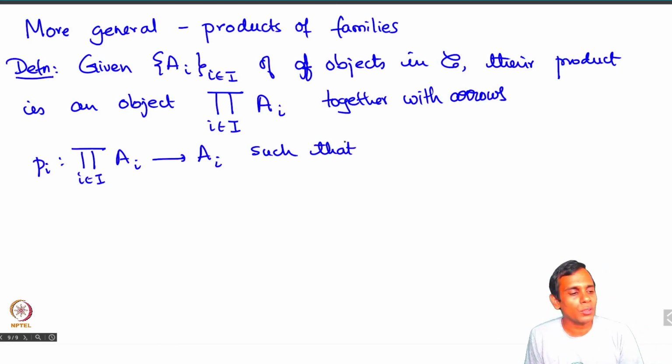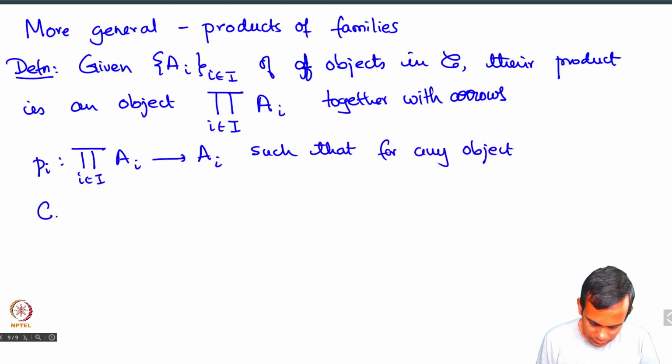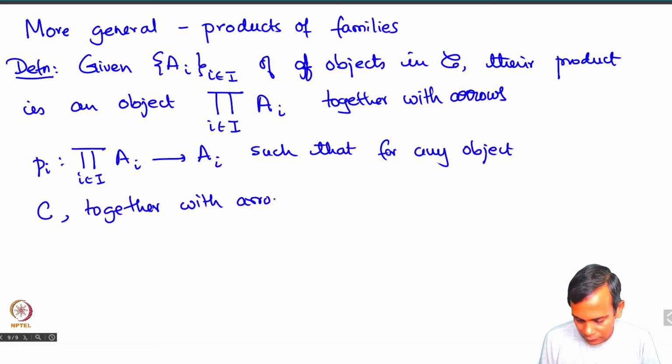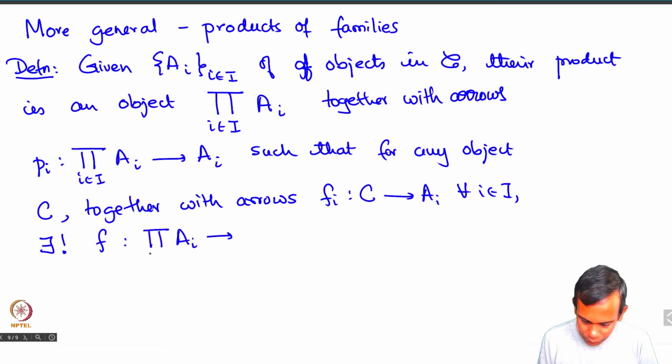And now we more or less follow the definition of a product. So we say that whenever we have an object, for any object C, together with arrows fi from C to Ai for each i in I, there exists a unique arrow f from C to the product,